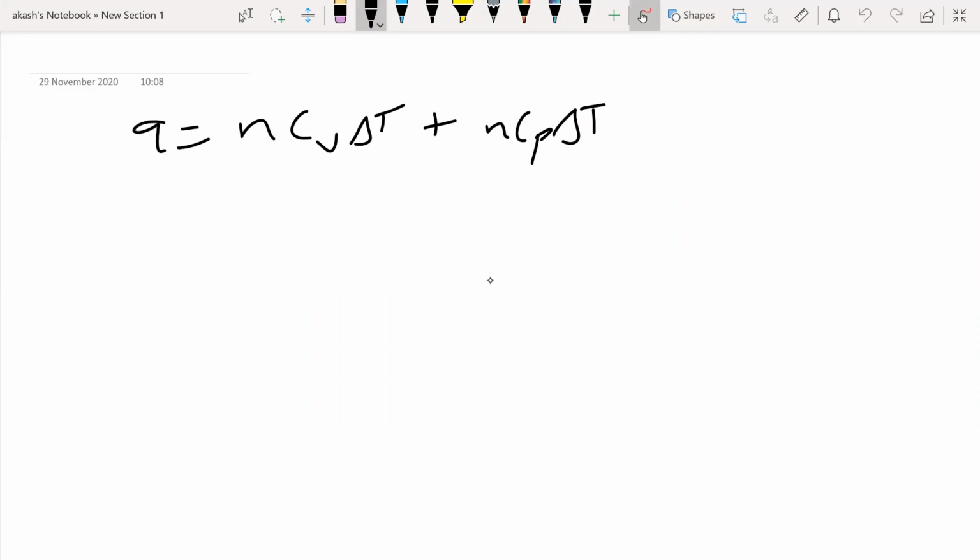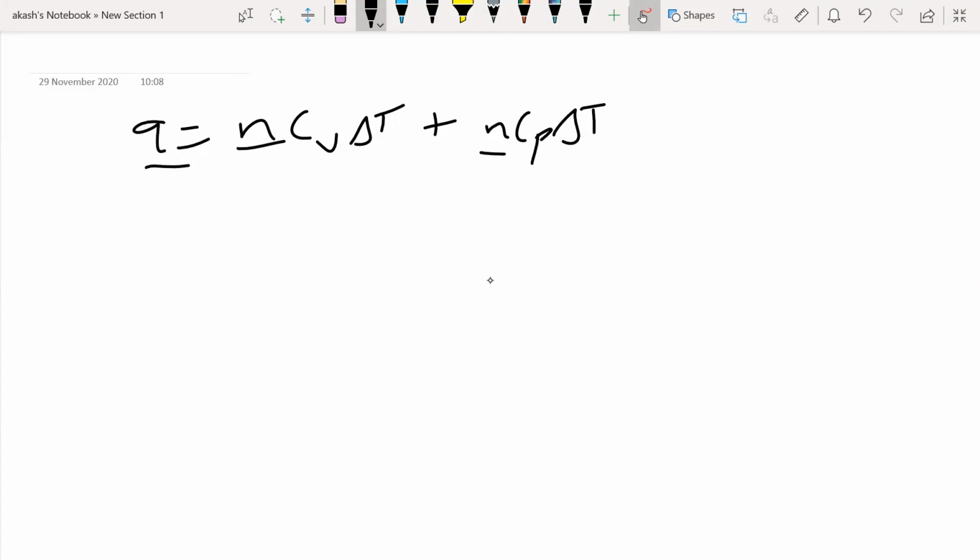But anyway, we can get it from here. We know that Q is an extensive property. That means it is going to depend upon the amount. So we include the number of moles also, but I told you in physics we'll not be using this much. In physics, we'll be going for mass. So the name of the heat capacity also will change. There it is going to be called mass heat capacity. Here it is going to be called molar heat capacity.